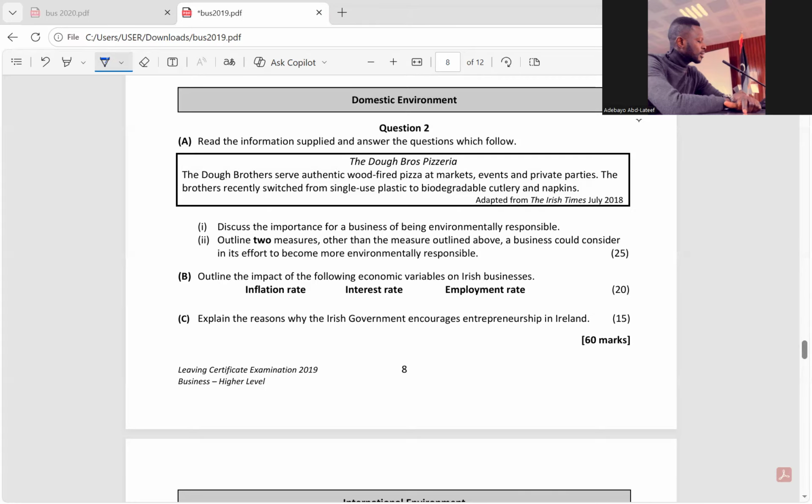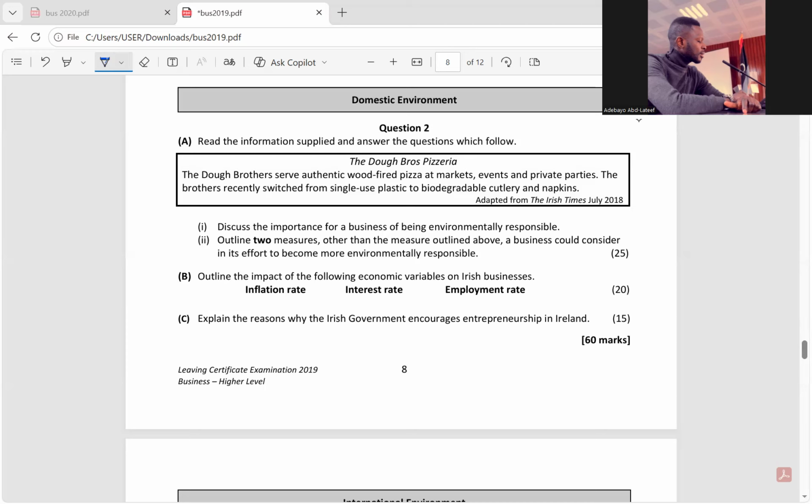And if there's expansion in Ireland, they'll be able to do more exportation. Two, it increases profit for firms, because they have to pay less on interest rates. So their expenses reduce, and if your expenses are reducing, your profit is increasing. And the third one, it increases purchasing power for households. So households will be able to buy more, and revenue for firms would also increase. So that is the consequence of a low interest rate.